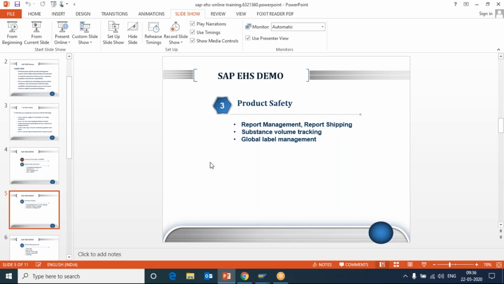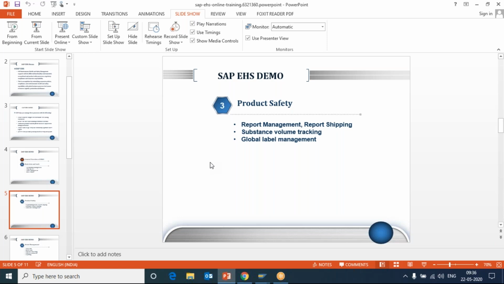In terms of quantities, you have to declare to them, and how you are handling it, storing it. All these details have to be submitted in the form of a report to the government. So this you can handle in product safety. That is known as substance volume tracking: how much volume of hazardous substance you are using in the company.